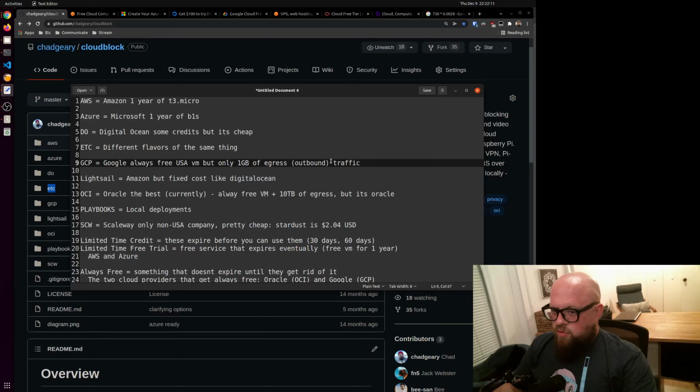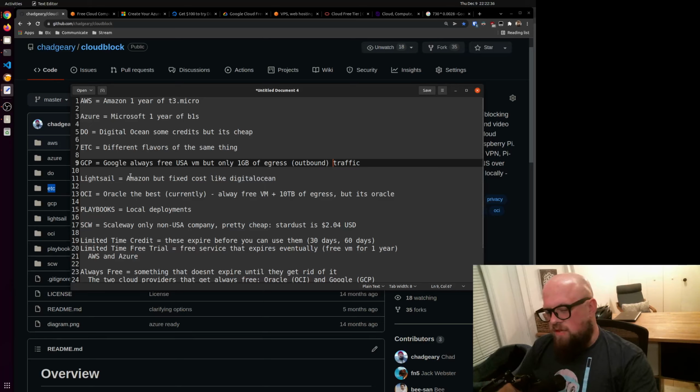You get a free virtual machine in the USA, but you only get 1 gigabyte of egress traffic. Keep that in mind. It's fine if you're using Cloudblock only for DNS traffic. DNS traffic is super light. It would be very difficult to get DNS only traffic to use 1 gig of egress. So it's still a viable option.